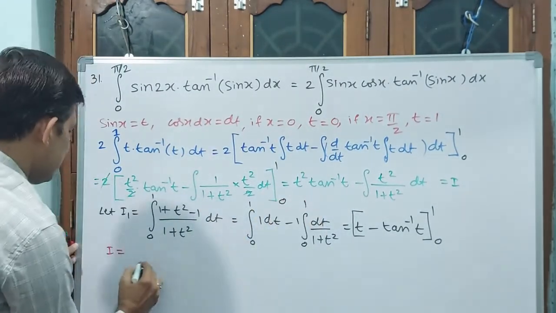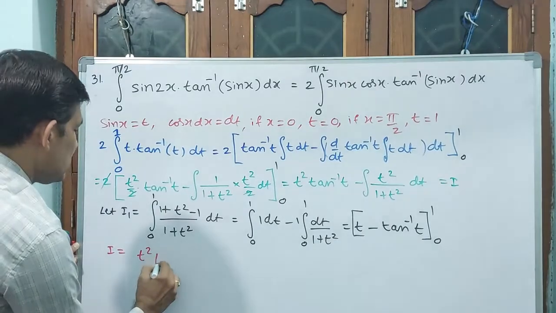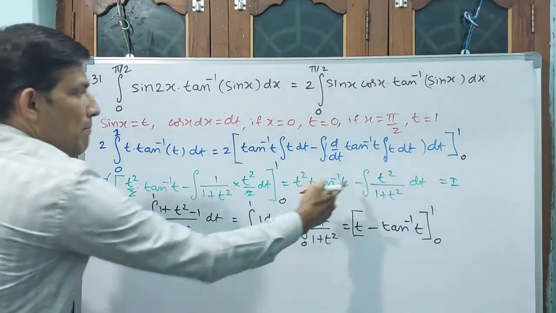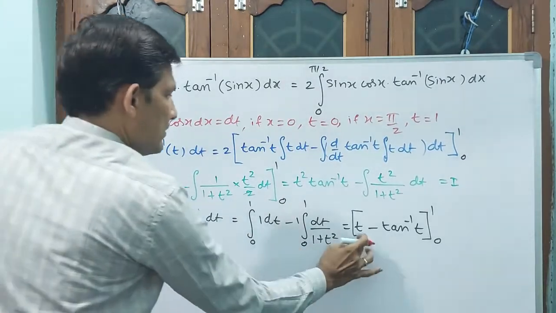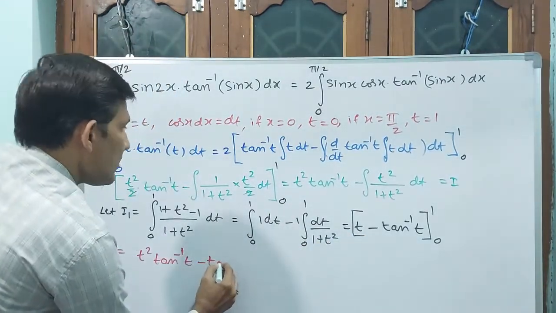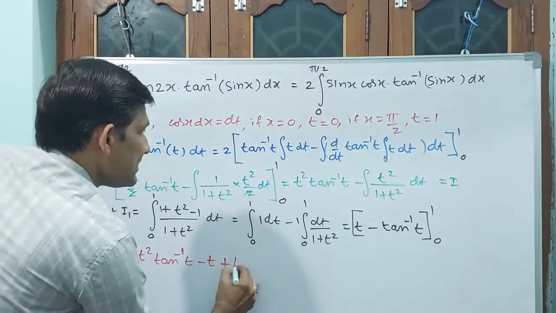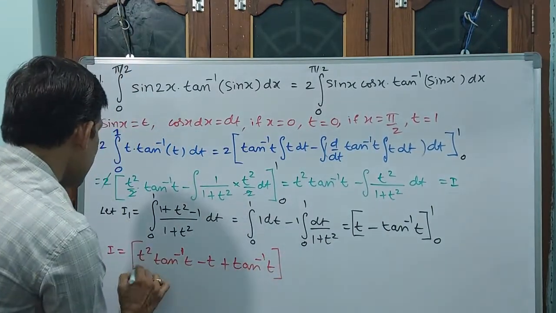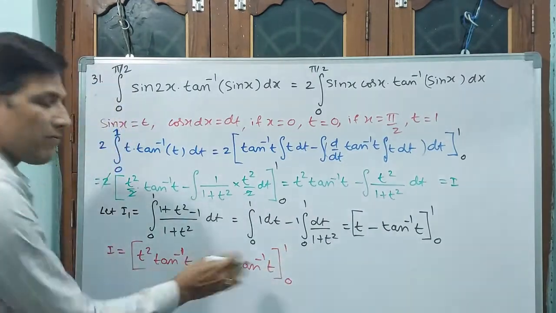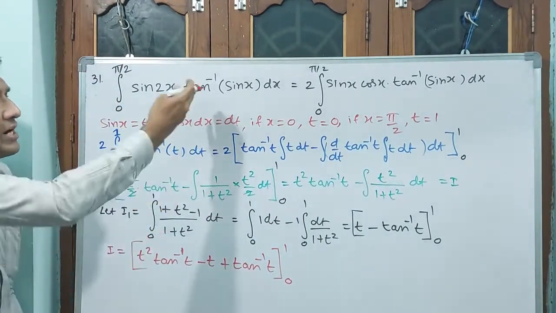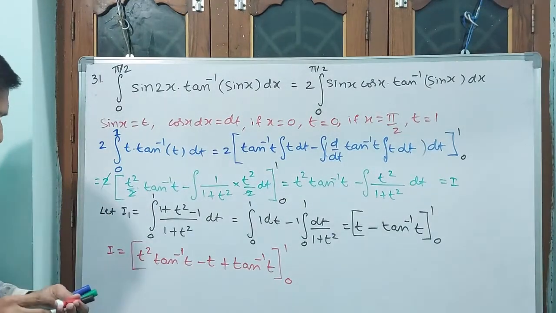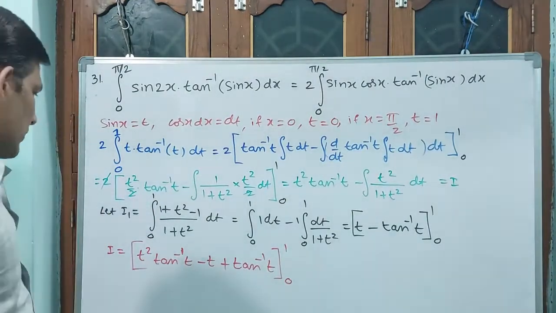t square tan inverse t minus this one. T minus of minus plus again tan inverse t, but the limits you have to apply for the entire thing. Why? Because all are in t form. Okay. Now you need not go back to x form. T form limits you are having. Apply limits. That is equal to